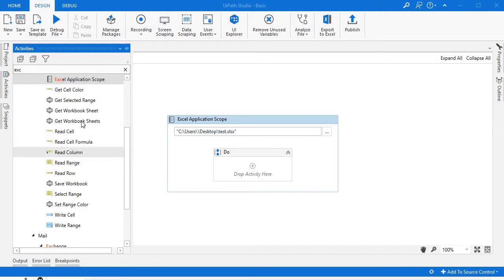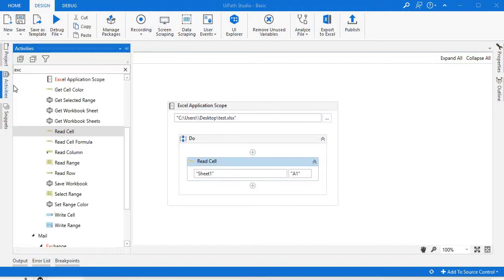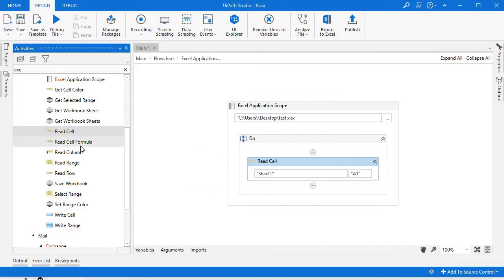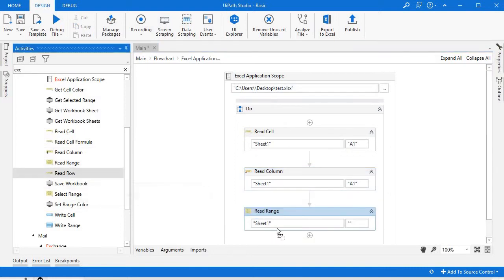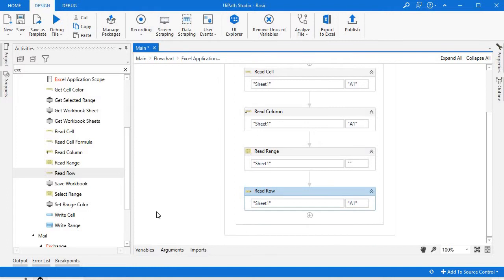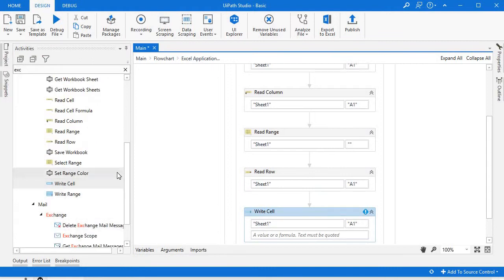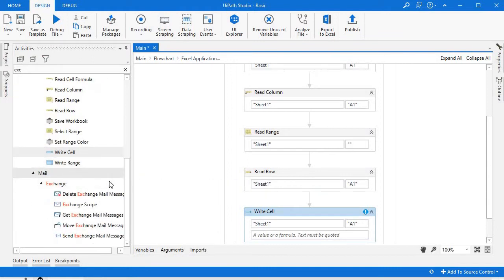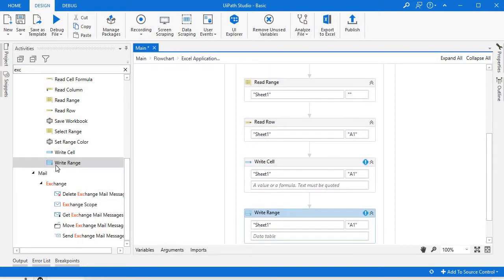Now here are several activities like read cell, read column, read range, and read row. And lastly, write cell and write range.